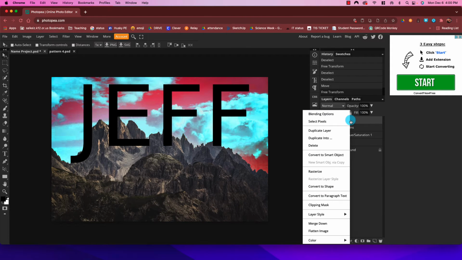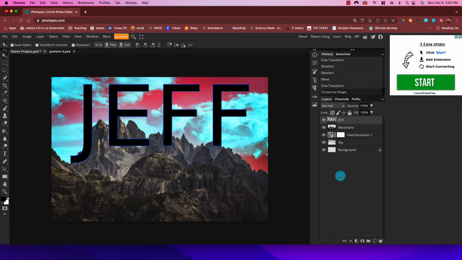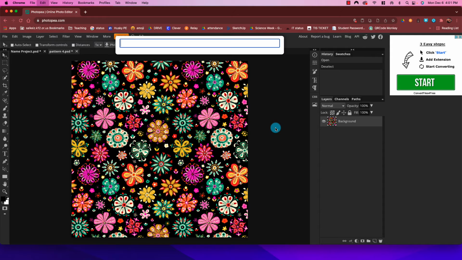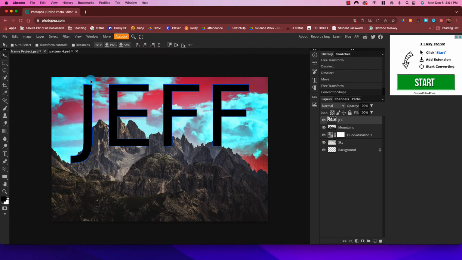Alright, now one of the things you need to do is take this from being text and convert it into being a shape. So you're just going to right click on the text layer and say convert to shape. What this is going to allow you to do is then bring in this pattern file. In this case, just Control C, Control V,